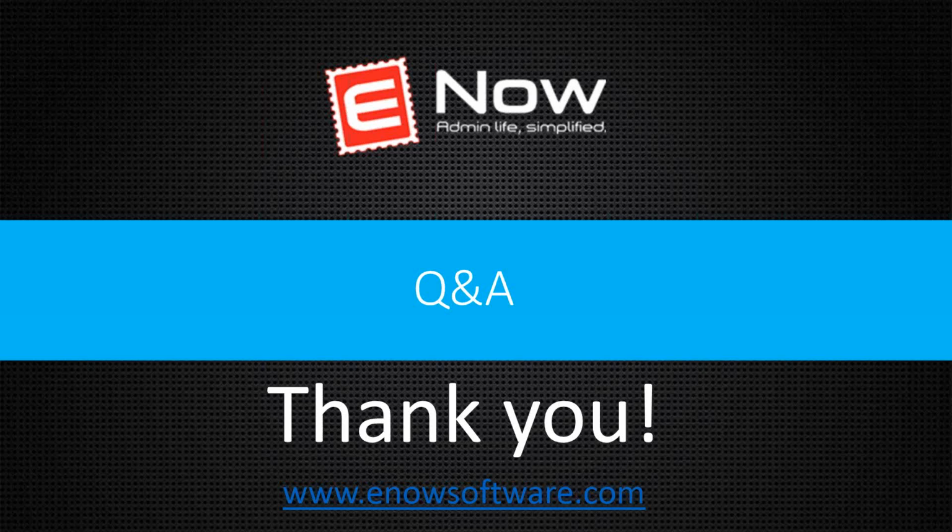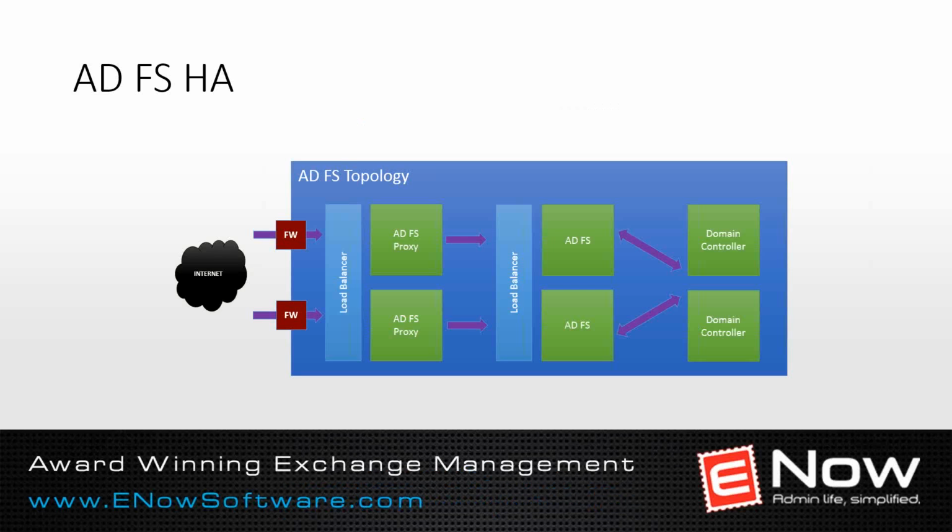Yes, well, you're totally right that you can only have a single endpoint, and I'm going to take back the slide which talks about ADFS high availability. As you can see here, the endpoint is actually hidden behind the load balancer. So if you want to do multiple ADFS servers over multiple sites, you need to have some distribution mechanism to handle that. Either you go down the easy and cheap way of using DNS round robin, meaning that you'll add different external IP addresses behind a single external name. So for instance, adfs.mycompany.com has 2 external IP addresses,